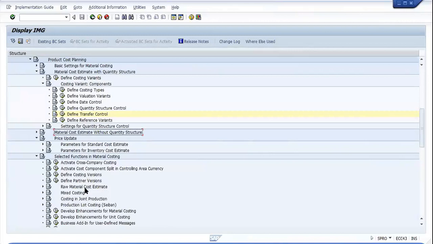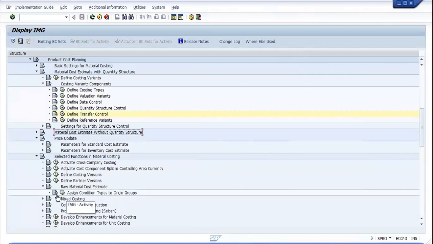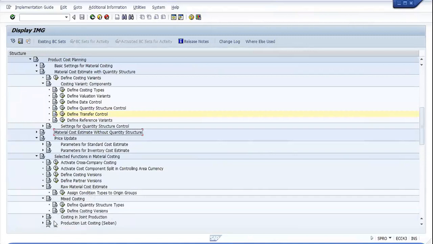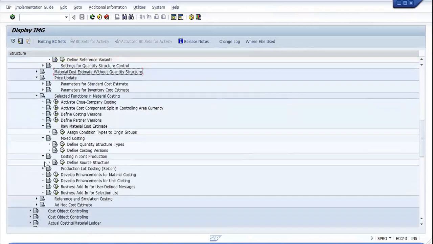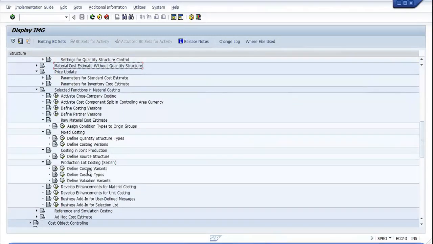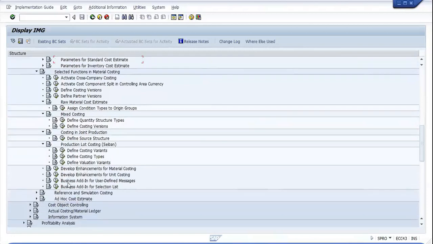Then we have the raw material cost estimates, assign condition type to the origin group, then the mixed costing, then costing in the joint production, and then product lot costing.